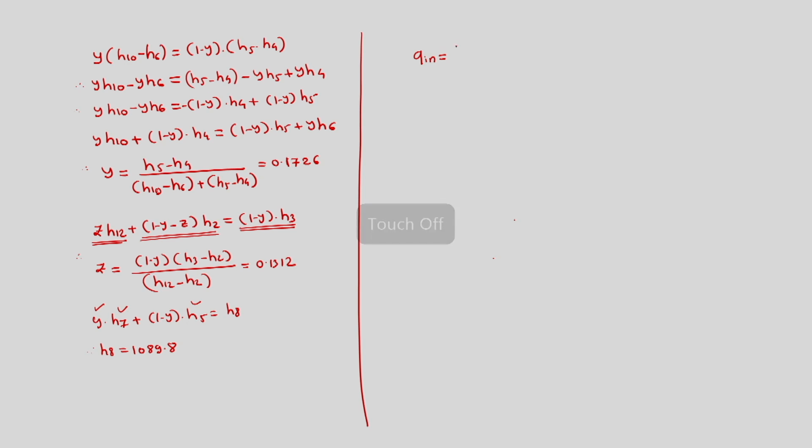So, it is 1 into H9 minus H8 plus 1 minus y into H11 minus H10. If we put in all the enthalpies and y, we will get Q in as